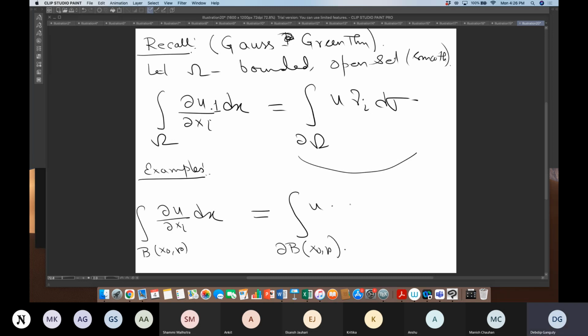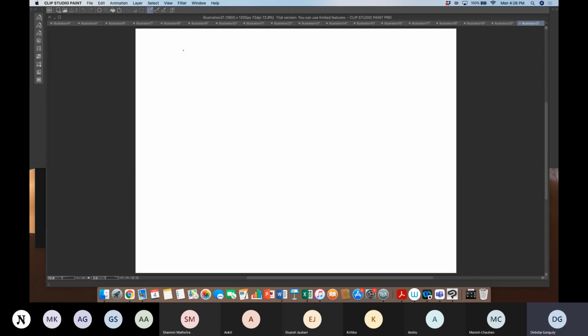What is the unit normal? (xi minus x naught)/r, the ith component, because I have taken i. d sigma. Now here I have used the divergence theorem: integral over the boundary of B(x,r) of the gradient of u at y, minus x by r, the inner product, d sigma y, right? This is equal to